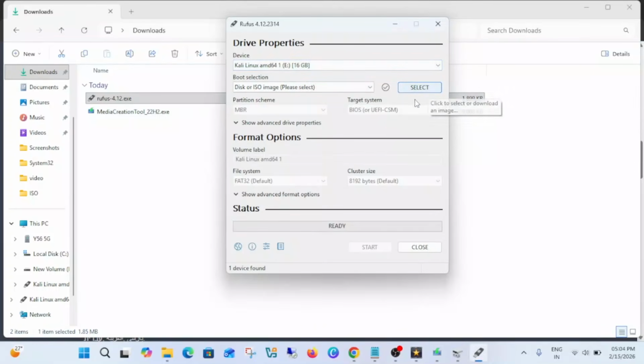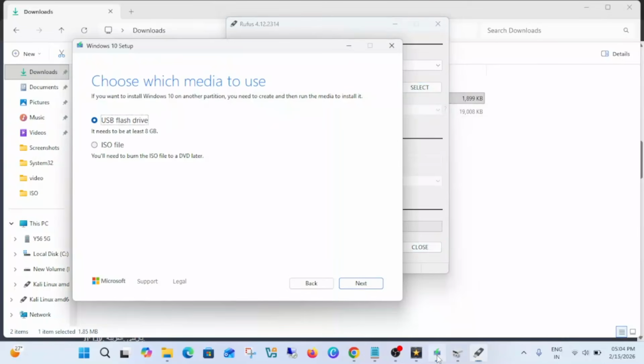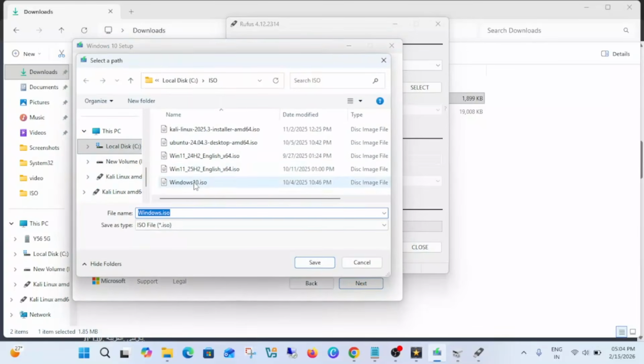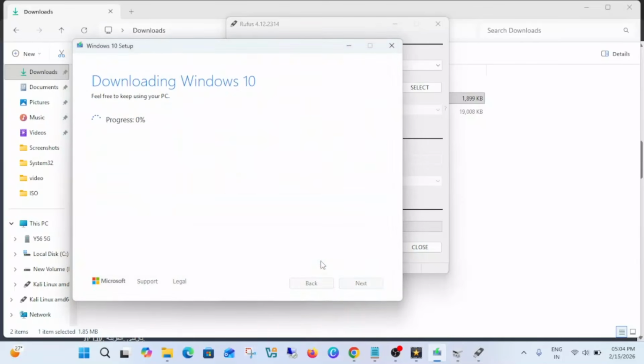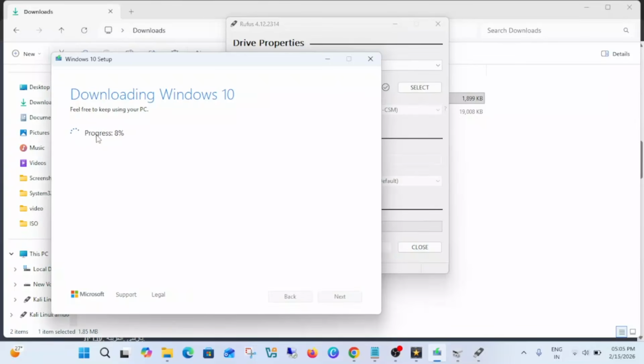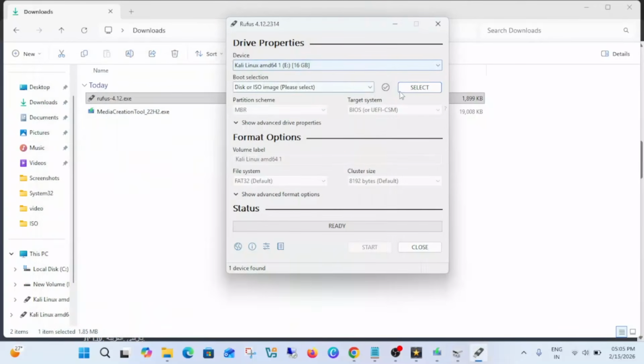You just need to select the ISO file here, but in order to make an ISO file you need to select this option, and then select next and choose the location where you want to save it. I have already downloaded that, but just to show you that you can also do it in a similar way. Just save it, and it will go to 100% progress depending on your internet speed. So this process will look similar to this. You just need to wait here, and thereafter